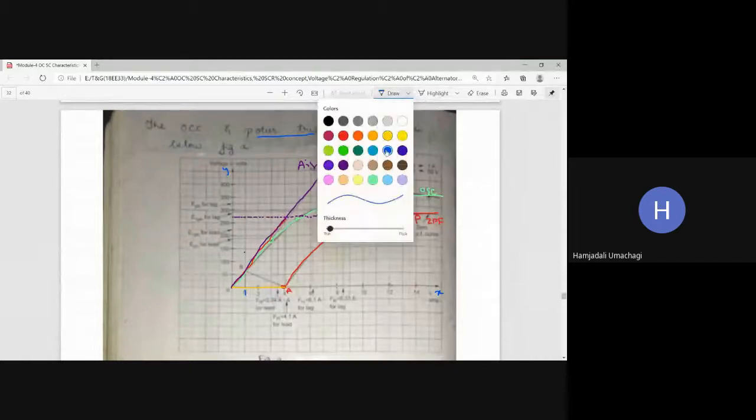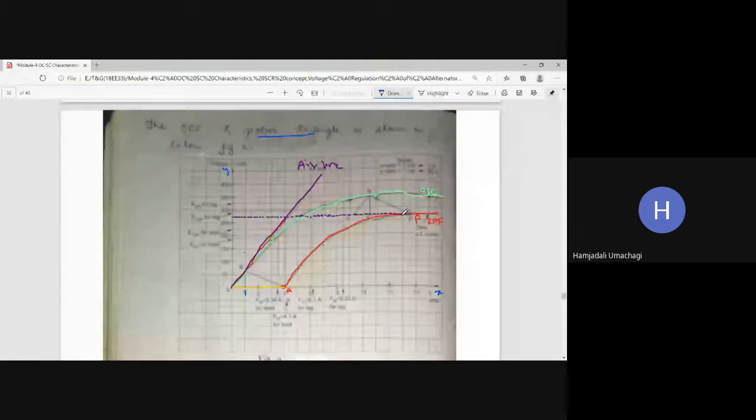what you can do is, from point P, measure 4 centimeter length. Till here, it will be 4 centimeter length. And this is the Potier triangle, which I am constructing on the rated voltage line only, that is 288.67 here. Now OA length is 4 centimeter, so from point P, measure 4 centimeter length.